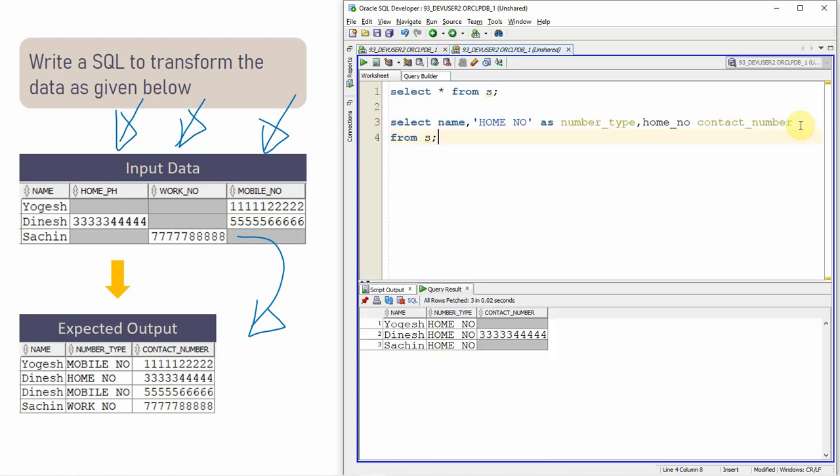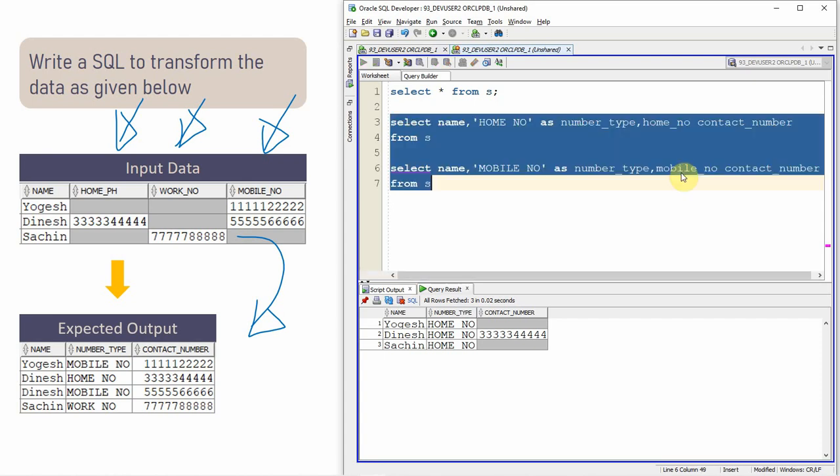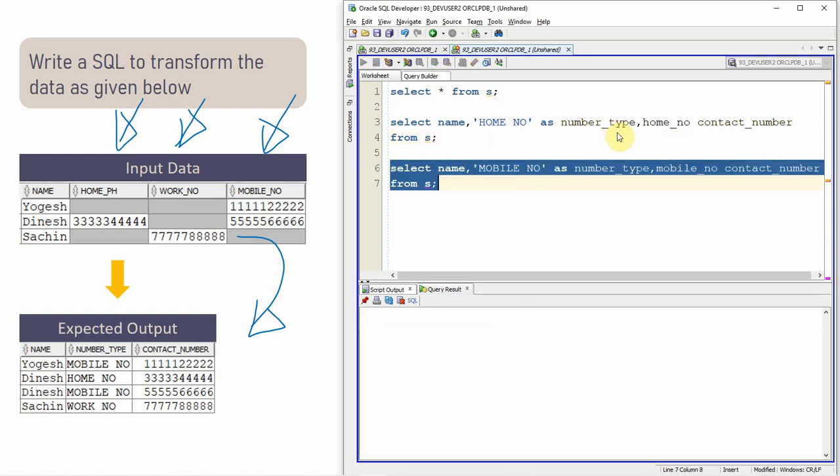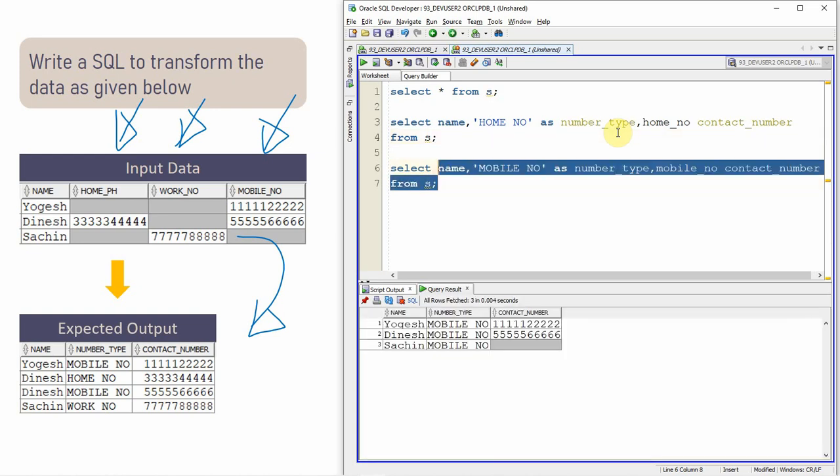Same way, let us write another query to get the mobile number. In this case, instead of home number, I'm just going to use mobile number. So this is our second query, which will bring only the mobile number.